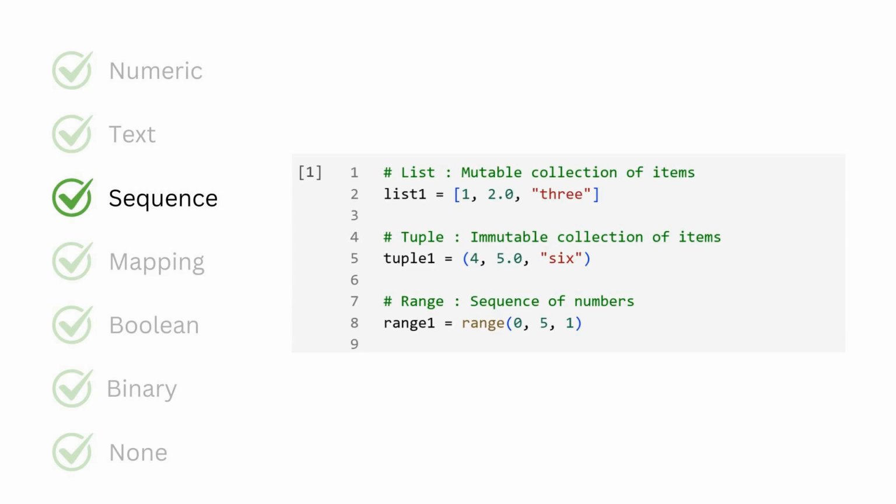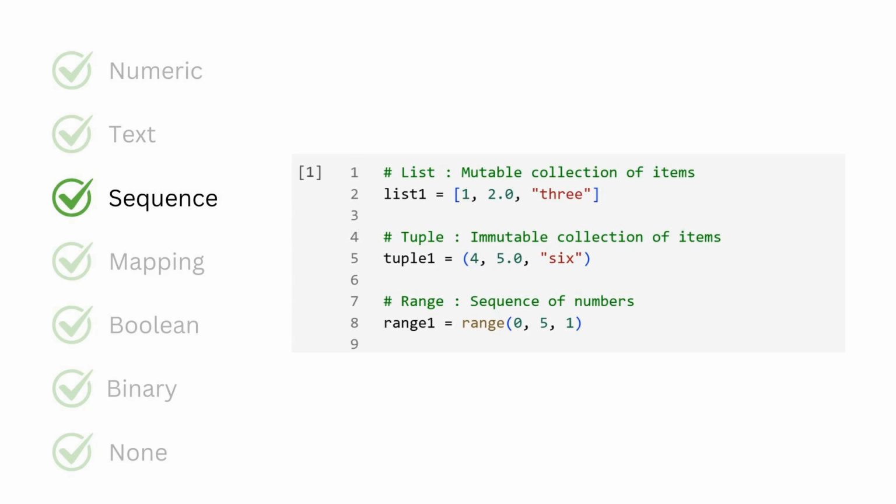In addition to atomic data types, Python has sequence data types as well. These are also called iterables. List, tuple, range, set, frozen set are some of the iterables. A list is a collection of items of any data type. The elements are enclosed within square brackets. Since they can contain elements of different data types, they are very different from arrays. Arrays can hold elements of the same data type. Lists are mutable. Elements can be added, removed, updated after the initialization of a list.